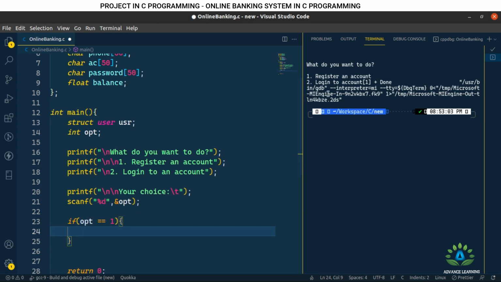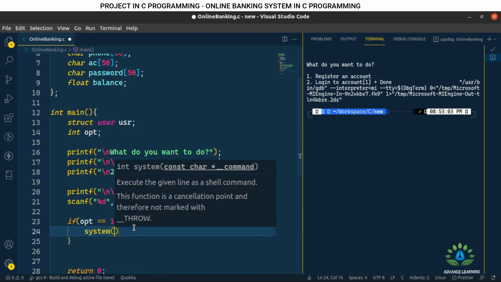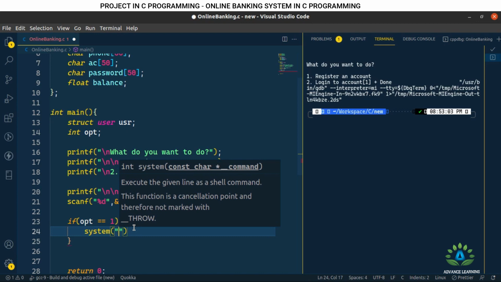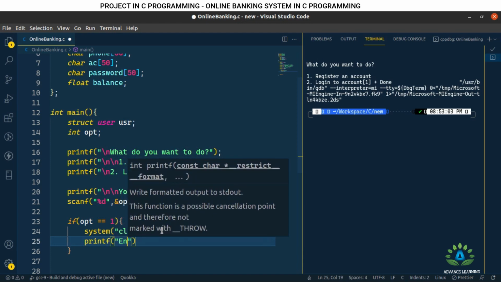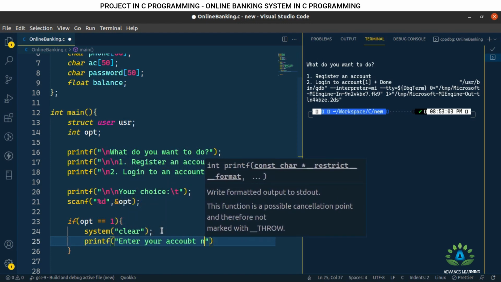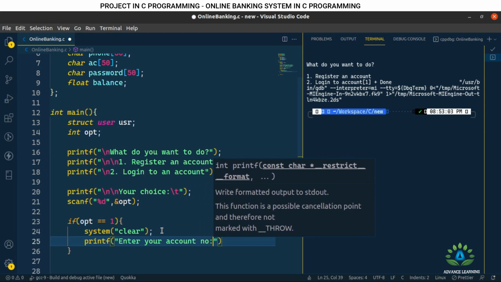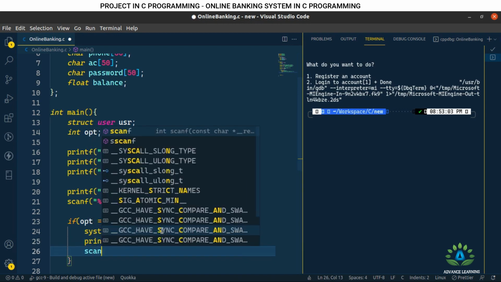So if the user chooses to register an account, for registering an account we are going to simply take some input from the user. Let me first clear the screen when the user presses 1. You can simply do it by giving a system command. If you are using Linux or Mac, then you can simply put it as clear, or if you are using Windows, then you can use CLS instead of clear. This will clear the screen. Now our first message will be enter your account number, and we are going to scan that